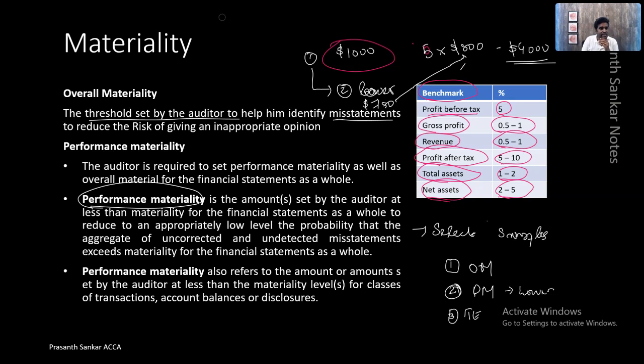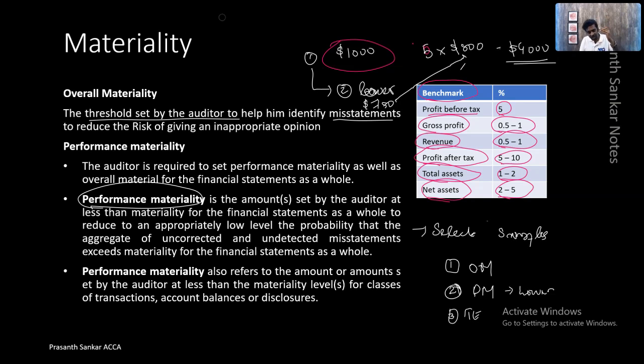It's the lowest level. For each of the transactions, let's say for example, there is one invoice which we identified. There is a revenue which we got. As per the invoice, it is 100. But as per the transaction, it is 500. So 400 difference. We cannot accept it. We'll say, no, this is not right, you have to rectify it. That is called tolerable error. The error which the auditor can tolerate, which is the lowest level of materiality.